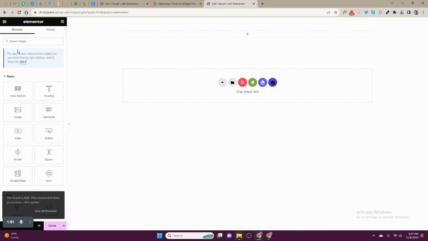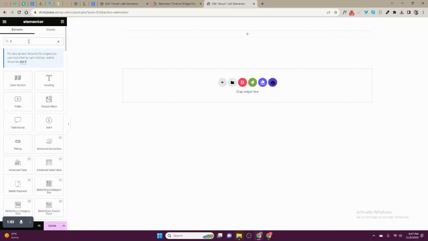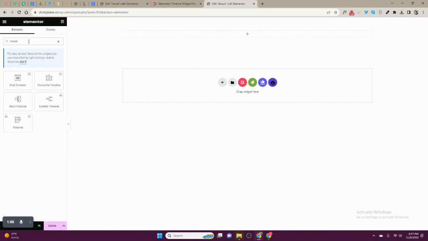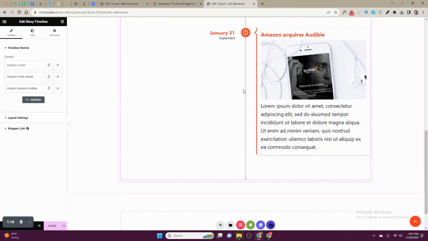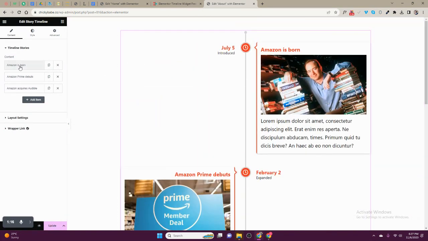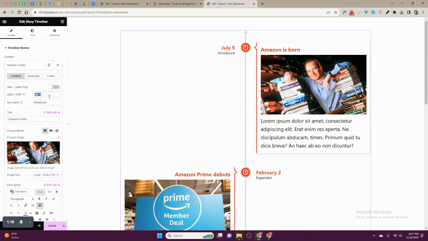After refreshing, type here timeline. You'll find it is here called a story timeline. Paste it there. Then you can start changing, for example, the date, change the introduction,